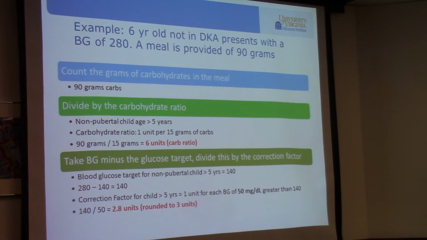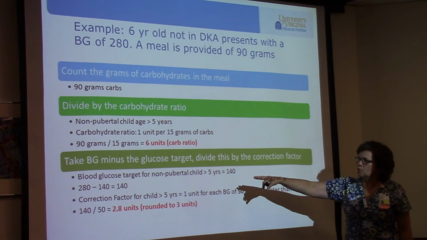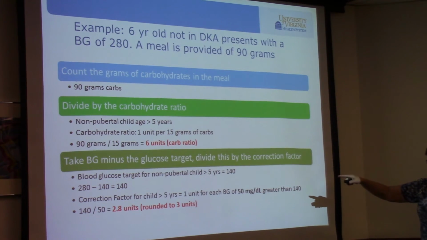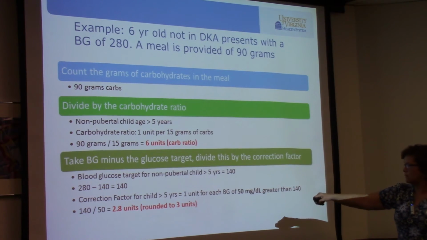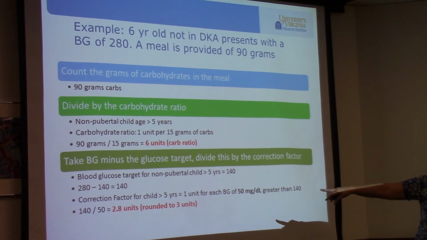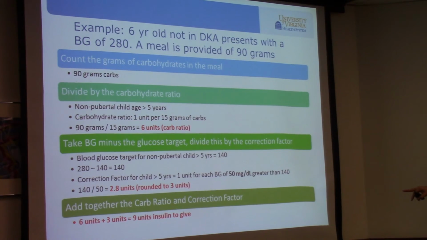All right? Then the next level is, I'm just adding on to it as you see. Then for her glucose, it's going to be your blood glucose minus your target blood glucose. So 280 minus 140, right? Divided by the correction factor. You see where we are so far? Yeah? So you're going to come up with 2.8 units, rounded, always rounded to the nearest unit, so 3 units for her. So one more step to it. 6 plus 3 is 9 units of insulin to be given before she consumes her tray.